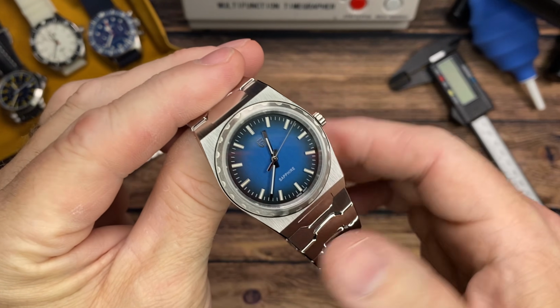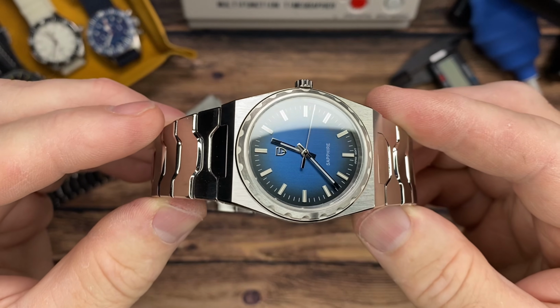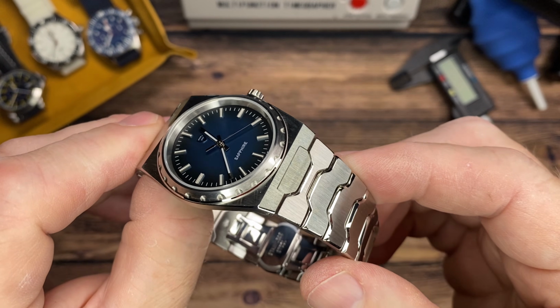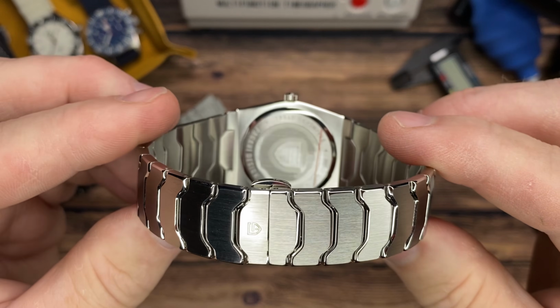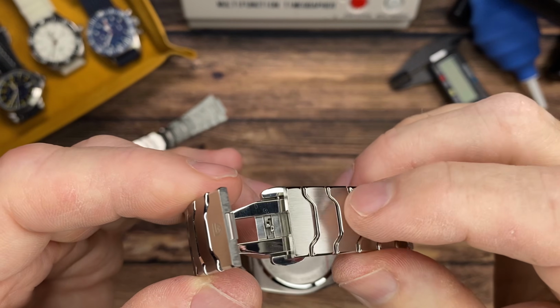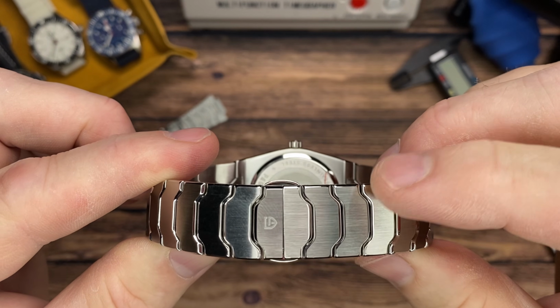I'll explain. The reason I've had this for a couple of months is they sent this when the watch first came out, and then all of a sudden they said, whoa, whoa, whoa, hold off. Just hang on to that. We're going to send you a new bracelet because that is version 2. So immediately with this butterfly clasp, they were having complaints or inquiries about sizing, that people couldn't get